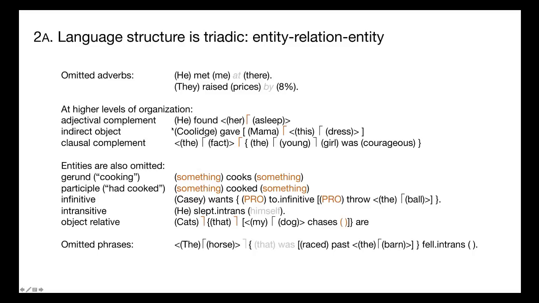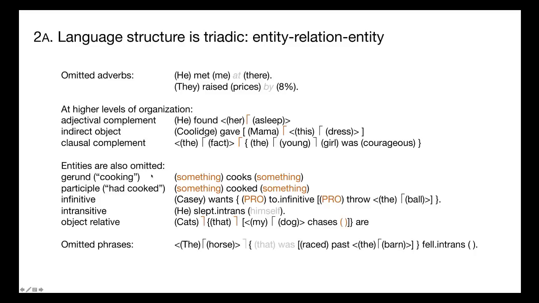Well, indirect objects are important. He gave... he gave the situation of mama owning this dress. This one linguists debate about, but there actually is a history pointed out to me by Steven Pinker, actually, that there are strong arguments that it ought to be treated this way, rather than he gave mama a function that has two arguments and so forth, which is the standard linguistics way to do it.